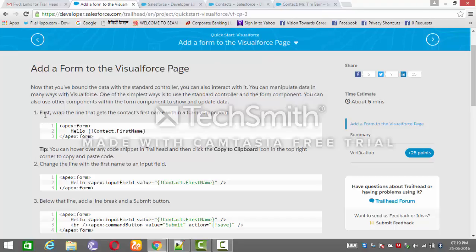To interact with the data, first grab the line that gets the contact's first name within a form component. This is the line which gets the contact's first name. We need to enclose that line in between the form component.